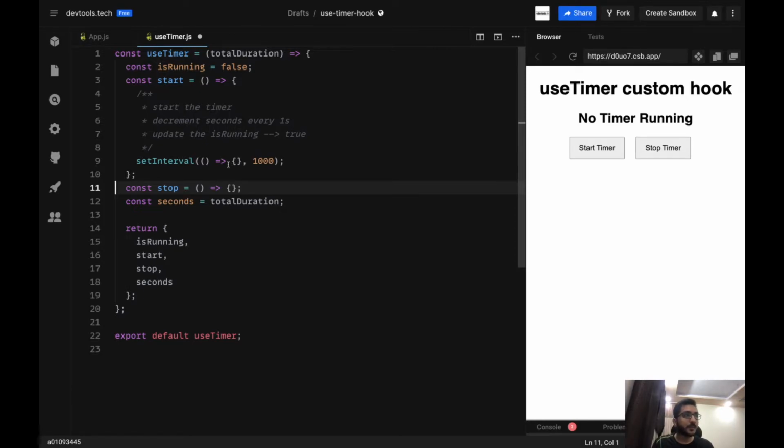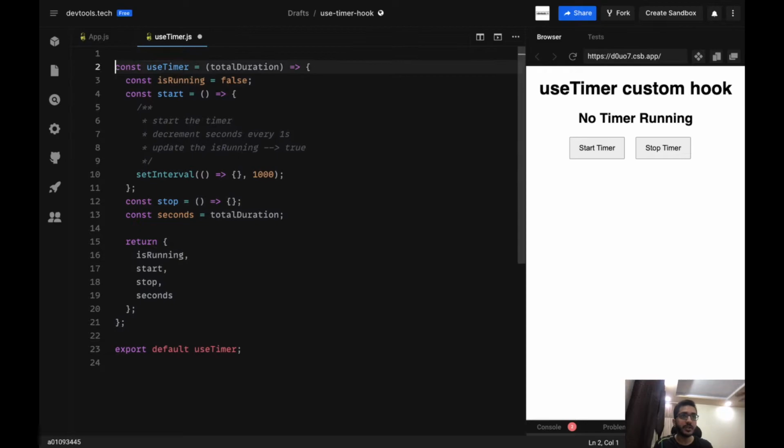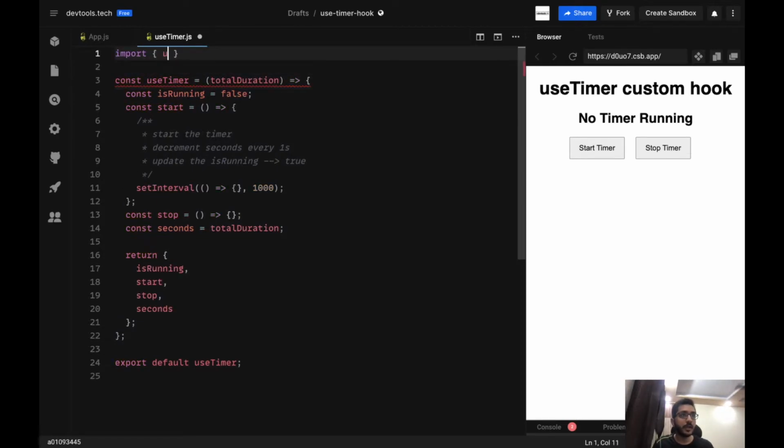And also when the second decreases, we have to re-render the screen because here we have to show the output. To do this, you can do it in a number of ways. You can maintain closures or you can come up with some clever way. But a use timer is a function and you can use any existing functionality in it, any existing custom hook or hooks provided by React. So why not use state here? So we'll import use state from React